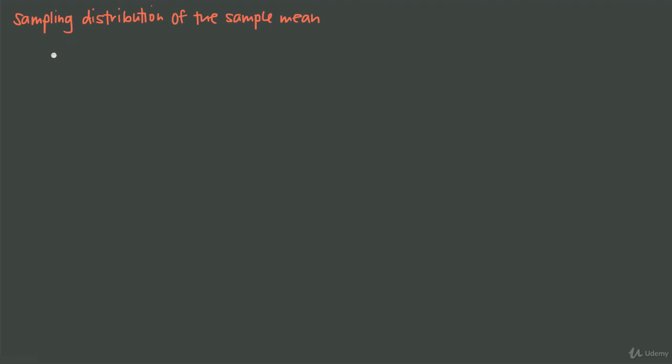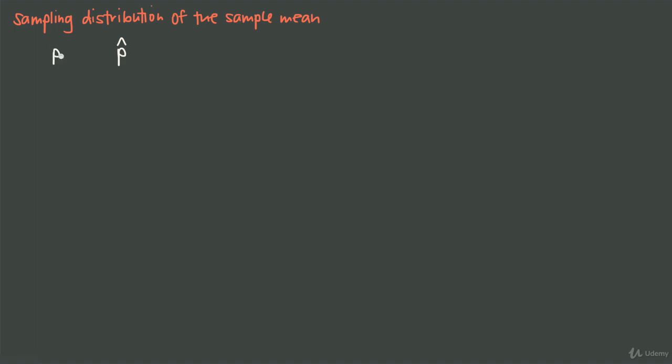Remember before that in order to get an estimate of the population proportion, P, we took samples of the population and calculated for each of those samples the sample proportion, P hat. And then we were able to create the sampling distribution of the sample proportions, P hat, and find a mean and a standard deviation for the sampling distribution of the sample proportions, which allowed us then to make inferences about